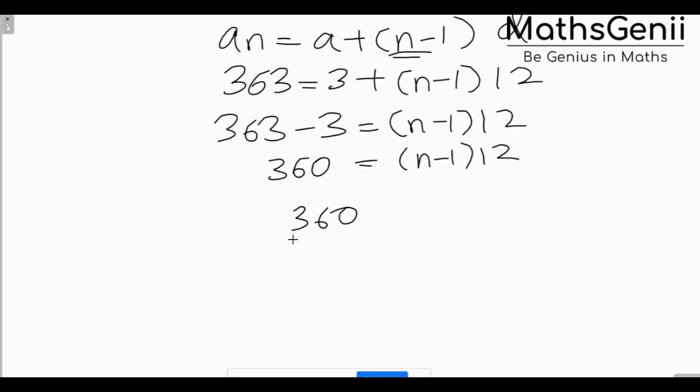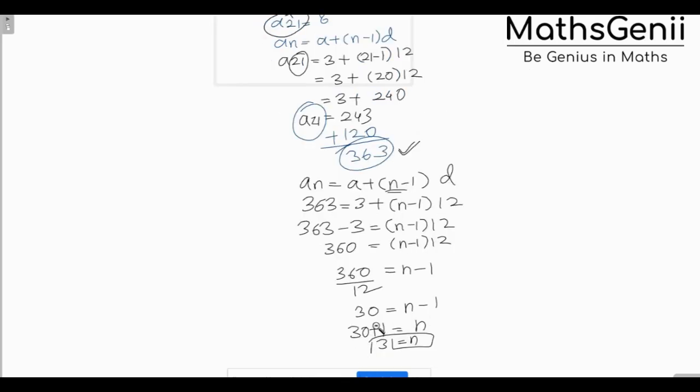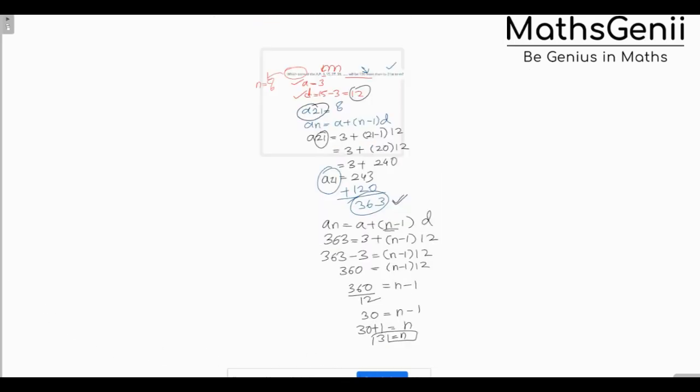360 multiplied by 12 becomes divide here. So this becomes 30 when you divide. 12 threes are 36 and 0 here. So n is 30 plus 1, 31 is your answer. Okay, this was a little lengthier and trickier question. But if you want to rewind and see, it will become easy.